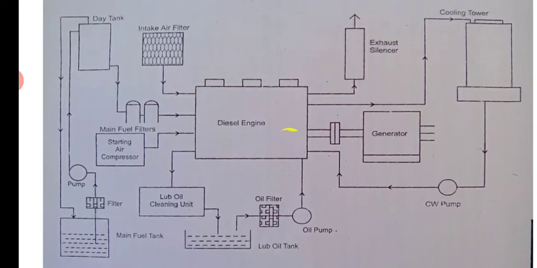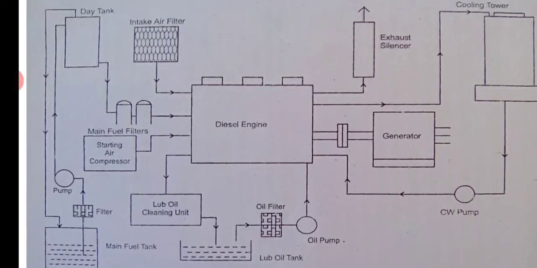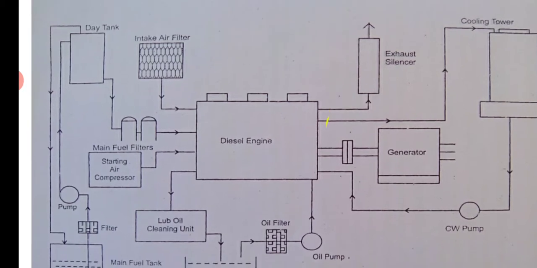And now to the extreme left, if you see top, you have got the day tank. Day tank means this diesel power plants consume a lot of diesel. So they will have a huge storage tank first, and from that storage tank we will pump daily quantity whatever is required for a day or two. That small tank is known as day tank. Otherwise they have got big storage, like you have seen at Indian Oil terminals. So they will store that, but for day-to-day use they will have a small tank.